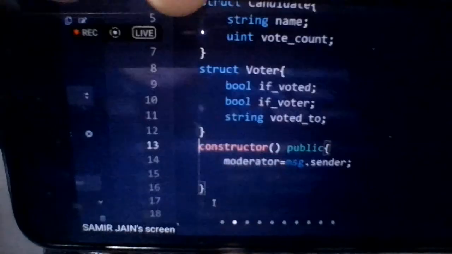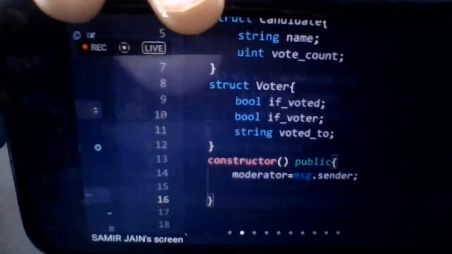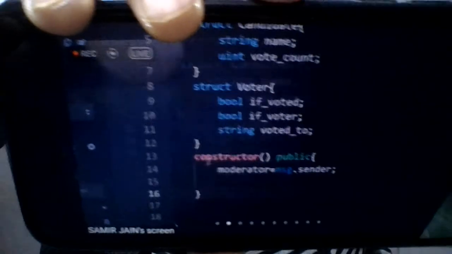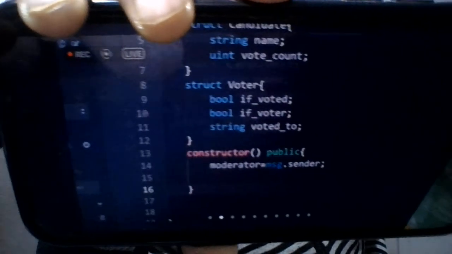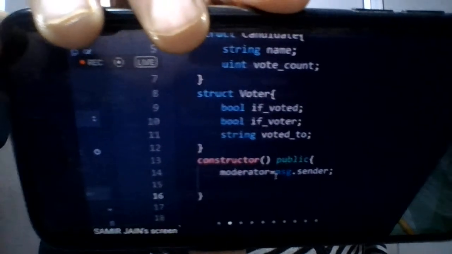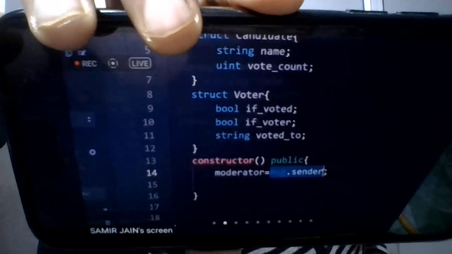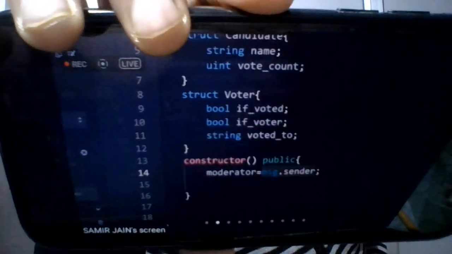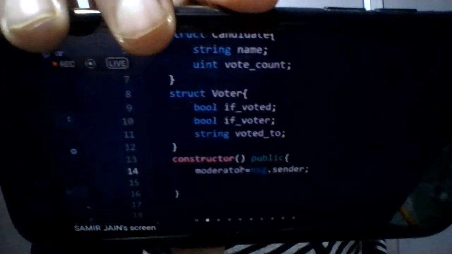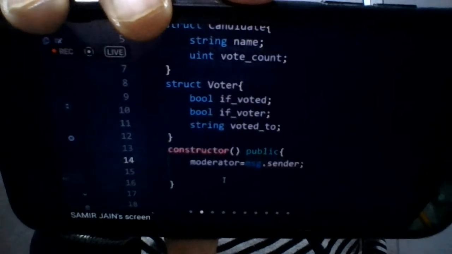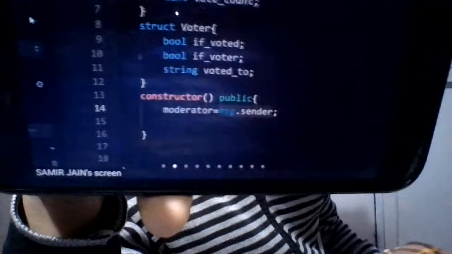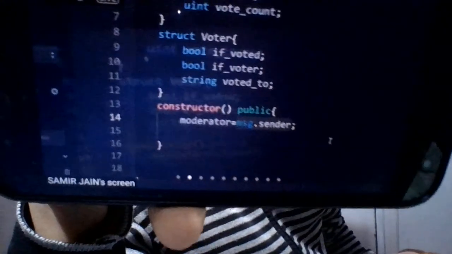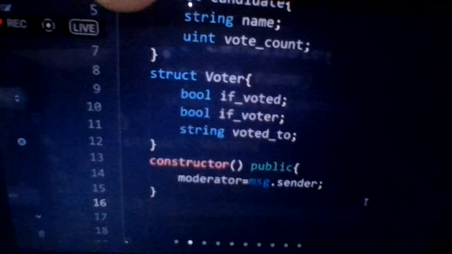Whichever account deploys this contract, the deployer, has some address. That address is msg.sender. That address will be given to the moderator. If this account is deploying, that will be the moderator. When we deploy this smart contract, I'll show you how the moderator gets identified.